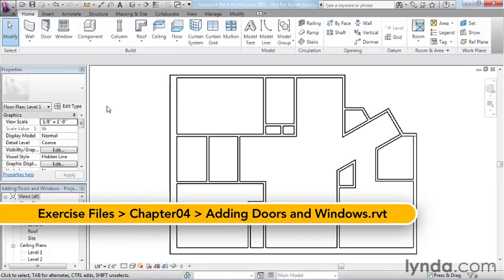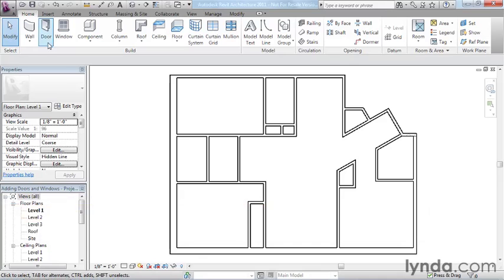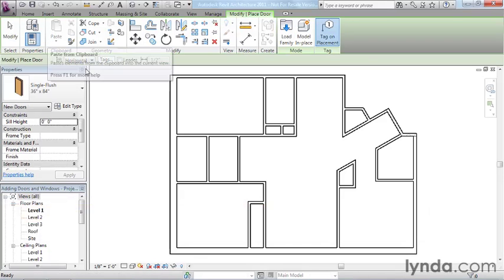So I'm in a file called Adding Doors and Windows in the Chapter 4 of the exercise files, and it has our completed wall layout. I'm going to go ahead and click the Door tool. The shortcut for that is DR, if you'd rather use the shortcut. And like many of the other tools, the ribbon will change to show us a tinted green context ribbon, Modify Place Door. The options bar will appear with some options, and the properties palette will also appear to show us